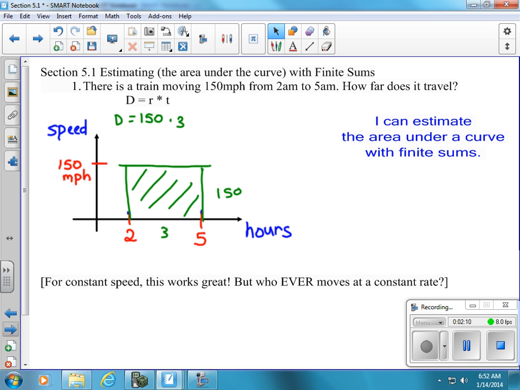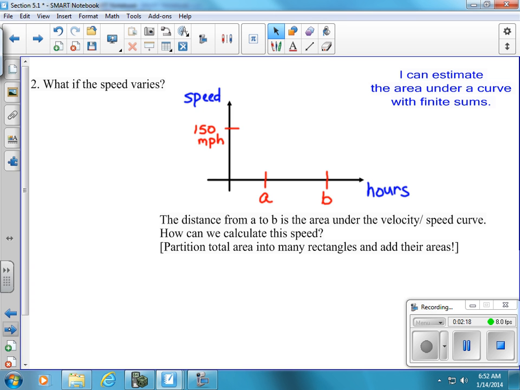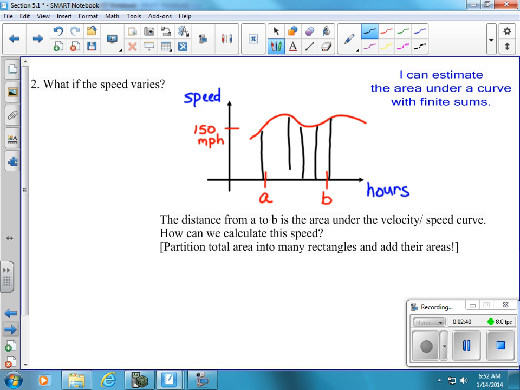All right, and this works so great if you have a constant speed, but no vehicle, no particle ever moves at a constant rate. So what happens when you have a rate that looks like this? You're going along, you speed up, you slow down, you stop. Okay, so how can we calculate this speed? The way we do that is using the same method, only we're going to break this area down into small rectangles. Okay, and so our rectangles are going to be estimates, which is why you always see estimating the area